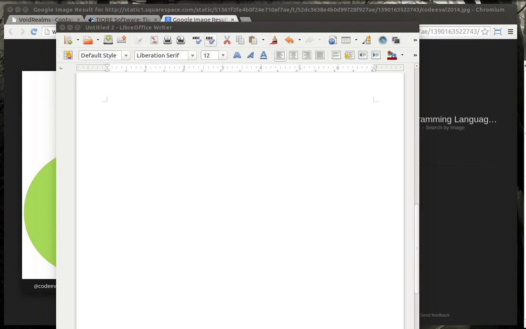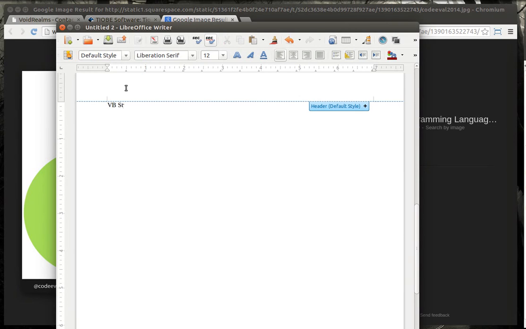All right, so now we're going to move on to the COBOL style or VB style languages. We'll say VB style languages. Now a comment is usually just a single quote. And to declare a variable, you would do the opposite of a C style. You give it a name and then a type. Sometimes you have to do a little magic in front of it, like say Dim, for dimension is what it stands for. And then we'll say name as string, something like that. So it depends on which language. Some languages are different, but just know that you have to do a name and then a type.